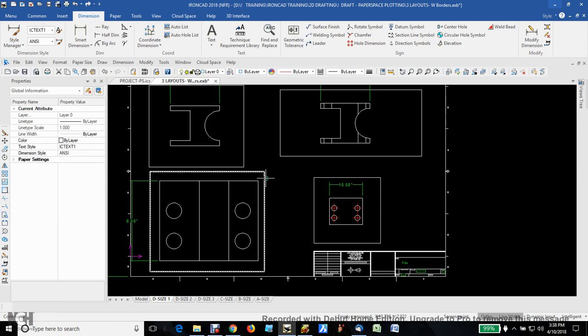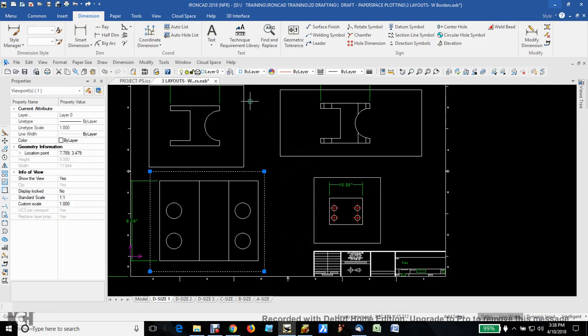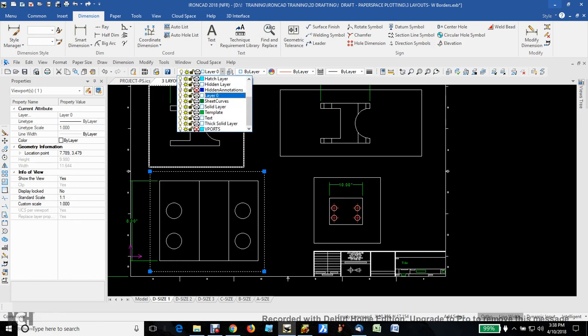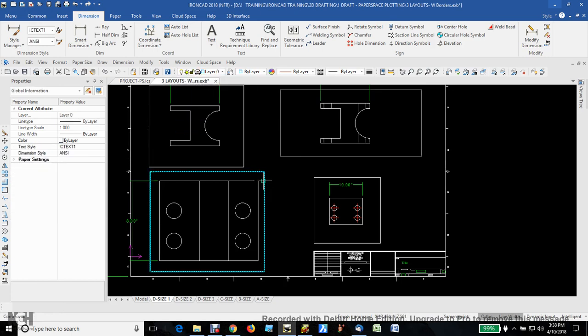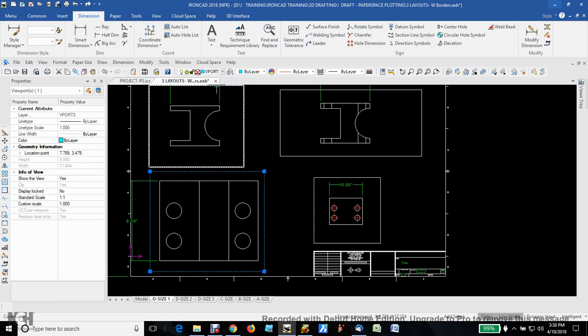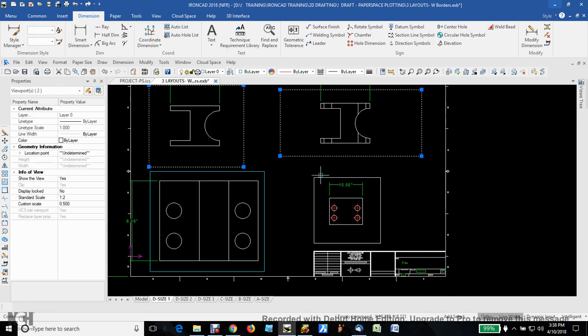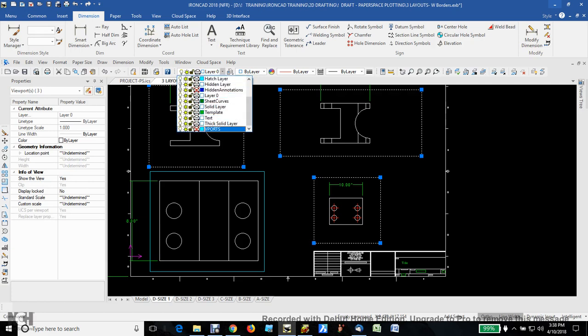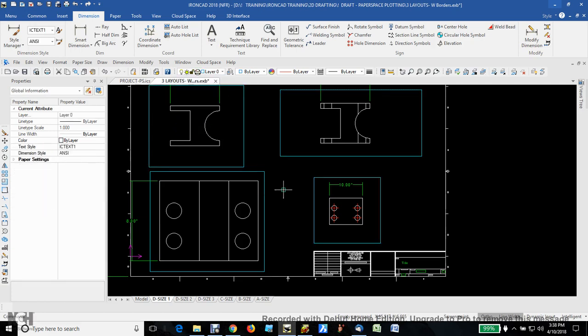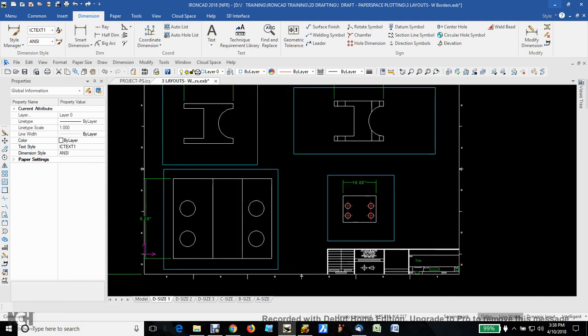Now, if you notice when I click on this, it's set on layer 0. I can move that and make it a viewport layer. So now, if I click on it, it tells me it's on the viewport layer. So let me move them all to the viewport layer. So highlight them all, come up under my window, click viewport. So now I know that each one of these views, the viewports, if you will, are on